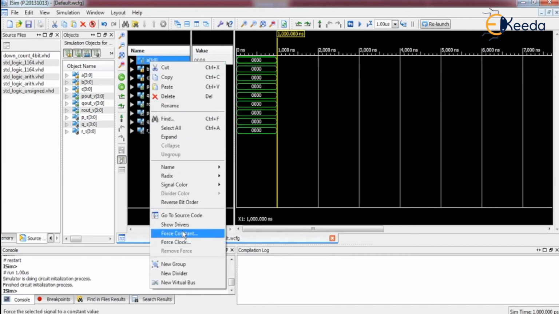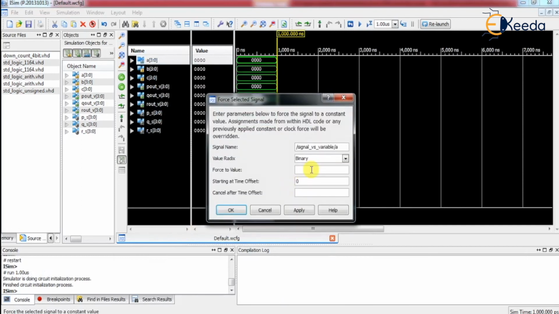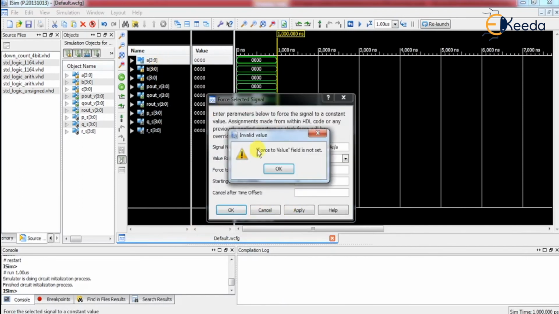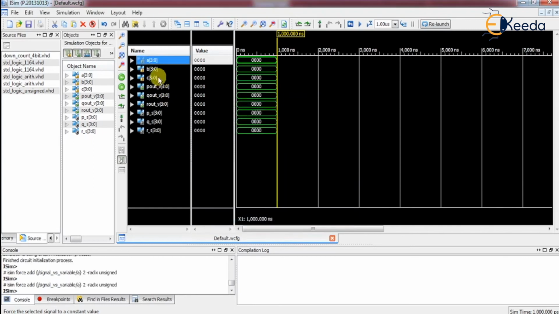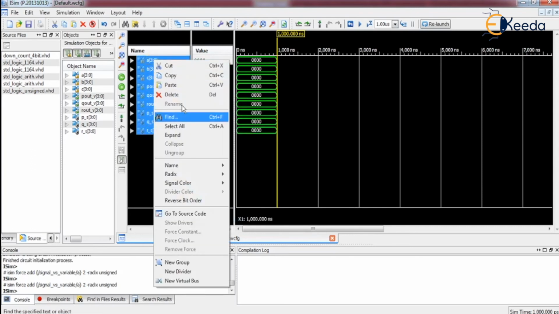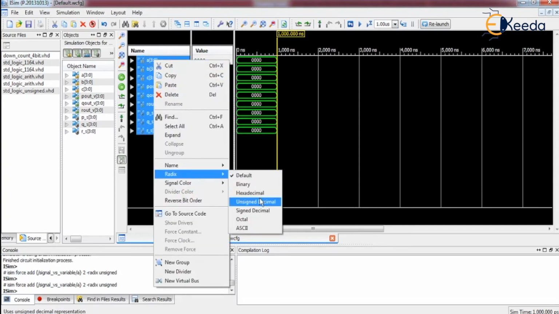Right click, force constant, A is 2. Sorry, before that, let us make everything unsigned decimal for better understanding. Right click, radix, unsigned decimal.